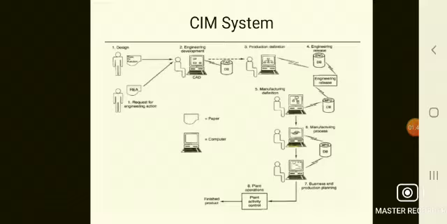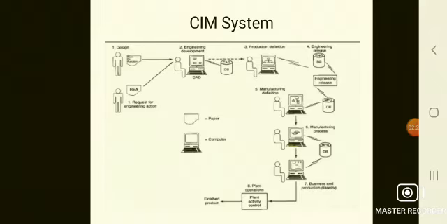From design to engineering development. From designing, a new product has to be designed with the use of CAD software, that is AutoCAD, Pro/E, Unigraphics, Creo. There are different types of software available in the market. From this we make a model, then it goes to production definition, in which the type of production to be carried out is decided.